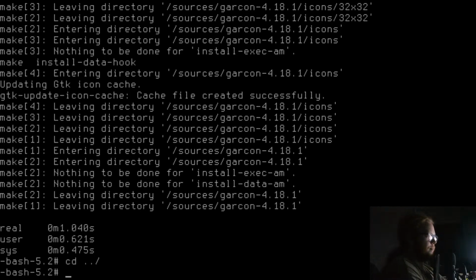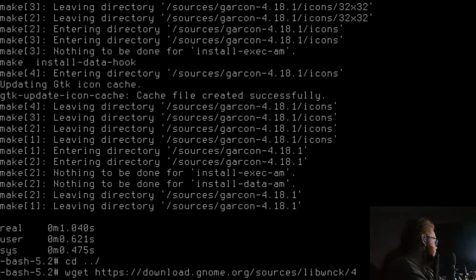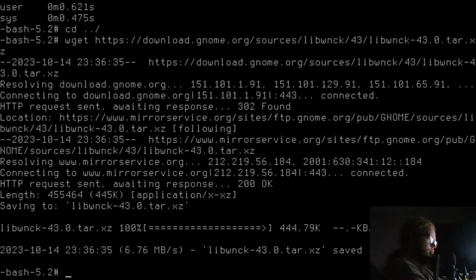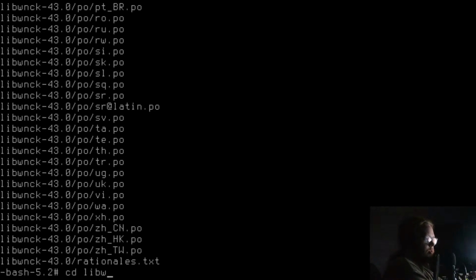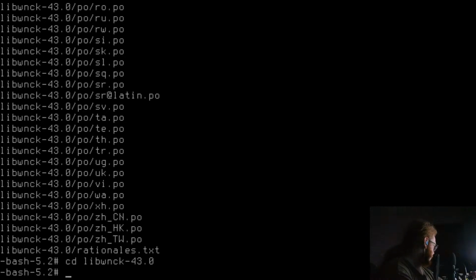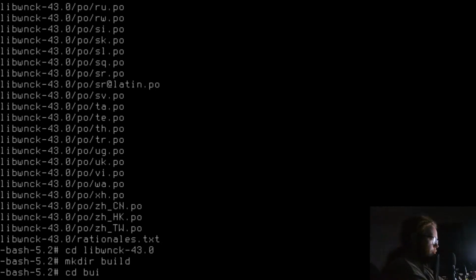Okay. wget https://download.gnome.org/sources/libwnck/43/libwnck-43.0.tar.xz, tar -xvf libwnck, cd libwnck, mkdir build, cd build.